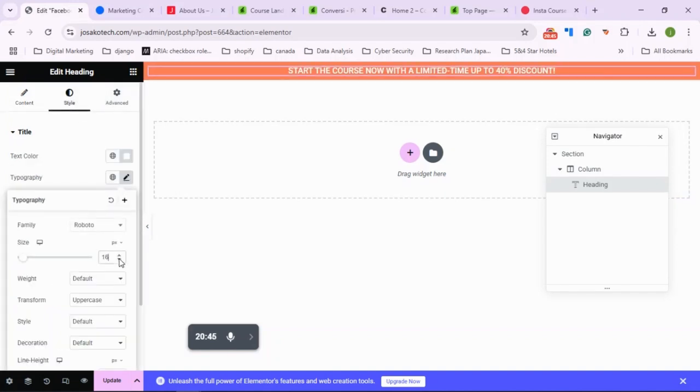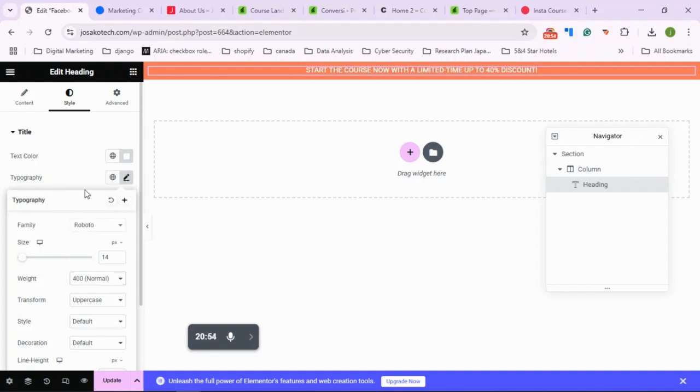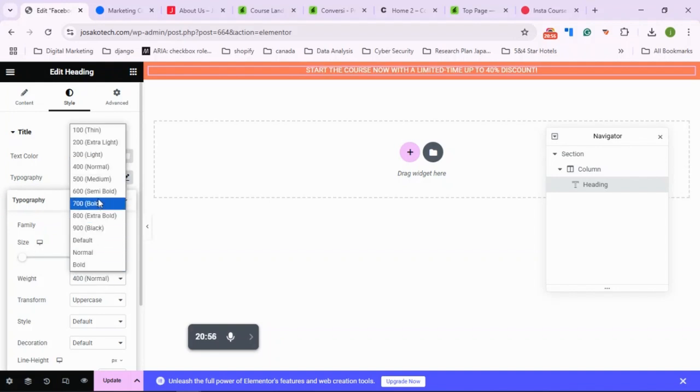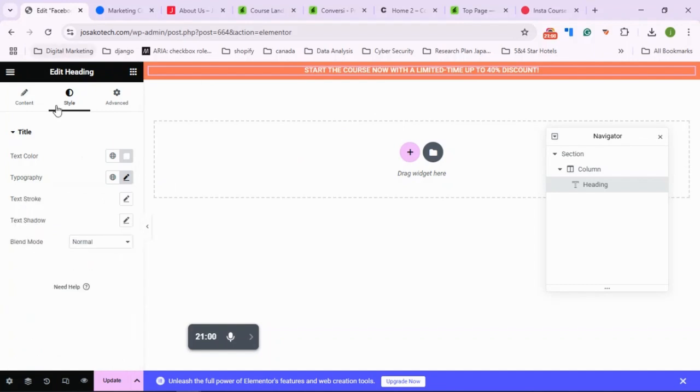I'll come here. Then I will set the font weight to maybe 40 or maybe 60. Then I'll try to update it. Yes, that's it. You see,